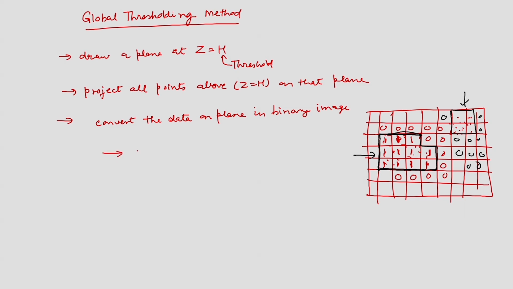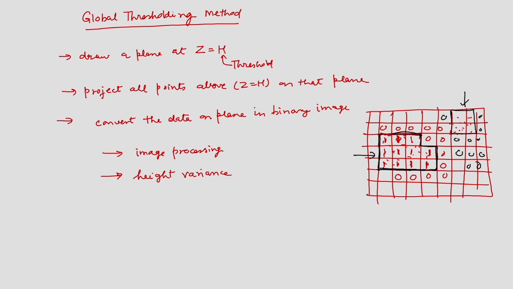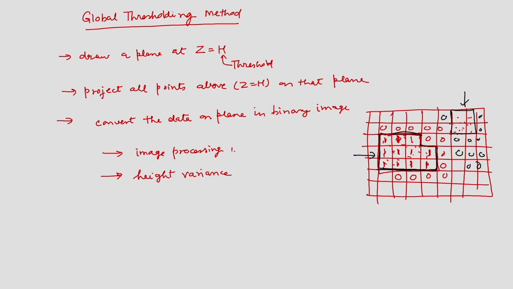The first thing is we can use image processing, the way I showed you, on the binary image, and there we can consider the height variance also. What is height variance? Flat buildings having the same heights will have minimum variance of the height, and as a result I can say for this particular area which is a building, I will have minimum height variance. So, I will collect those height variance values; wherever height variance is minimum is the building top. So, now I can use either this method or this method to extract the building shapes.